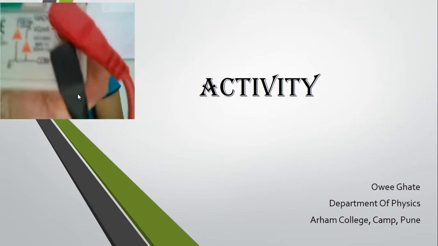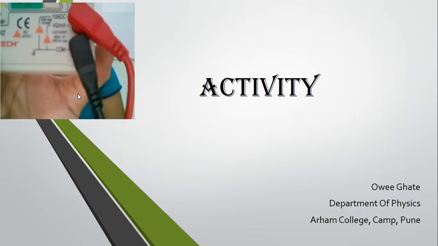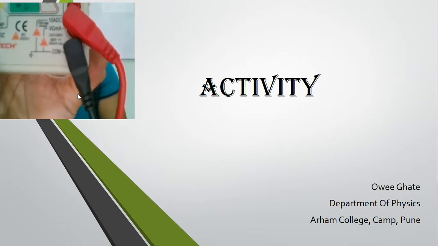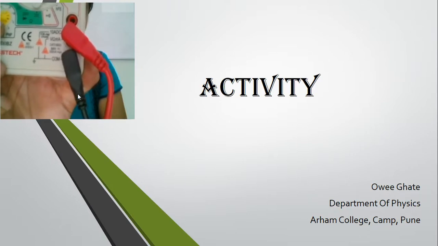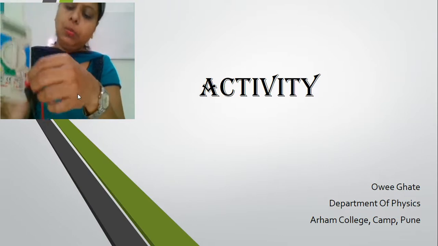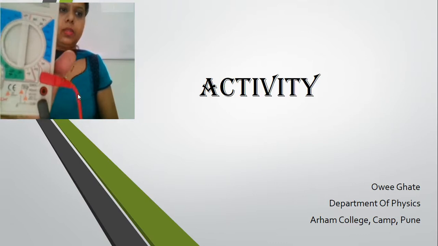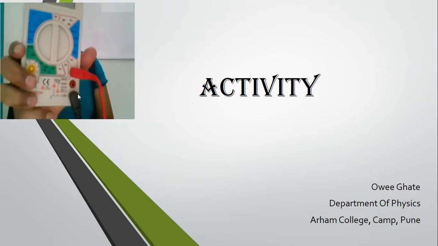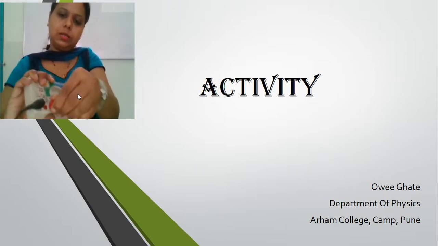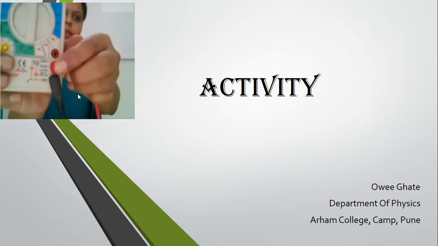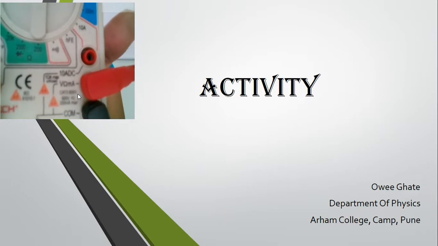As you can see, V is written over here, then the ohm symbol is there, and then milliampere is also written there. If we want to measure a current of 10 DC ampere, we need to put this probe into this socket. But this condition is not that useful for us. So this probe should go in the middle socket, where we can measure resistance, voltage, and a small amount of current as well.